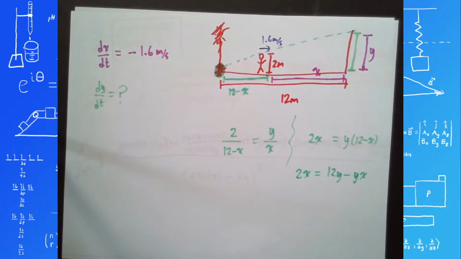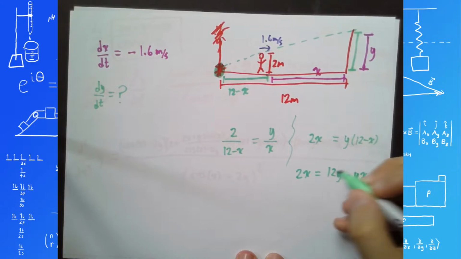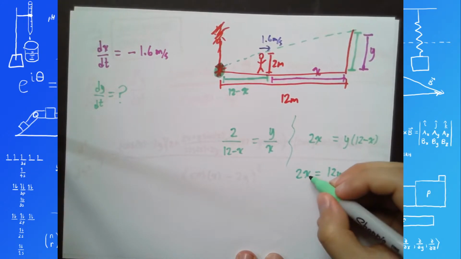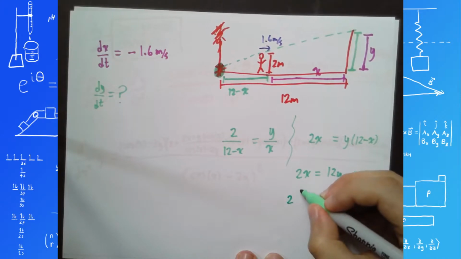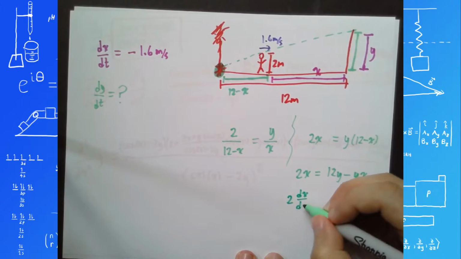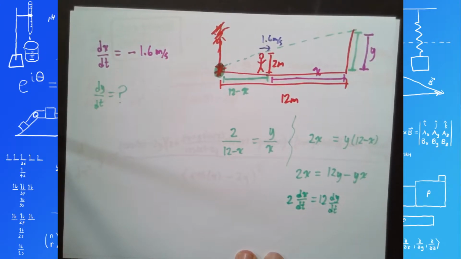Okay, if we differentiate this implicitly, then we get, we're differentiating with respect to t here, so derivative of 2x with respect to t is 2 times dx/dt equals derivative of 12y is 12 dy/dt, and then derivative of yx,